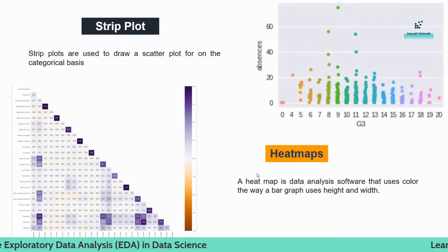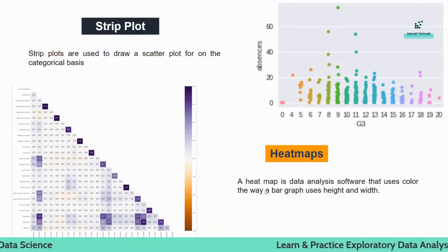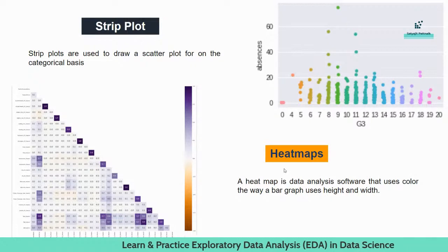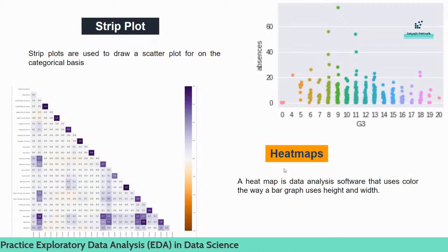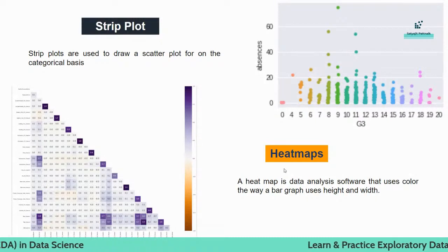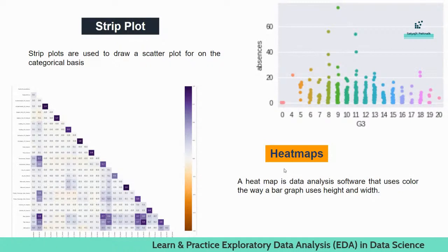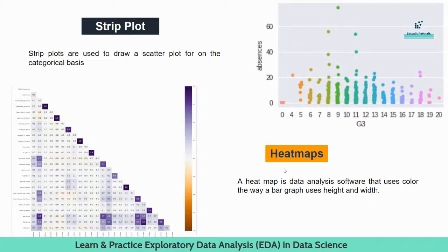Heat maps is a data analysis software that uses color the way a bar graph uses height and width. Many of you might also know about the correlation function. When we analyze multiple numerical variables, we try to see what the correlation is between them. If you don't know, correlation gives you a score between -1 and 1,